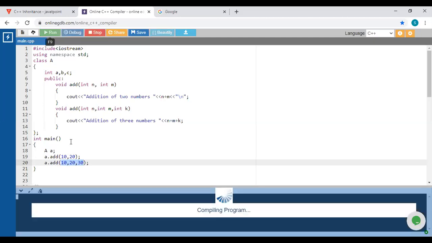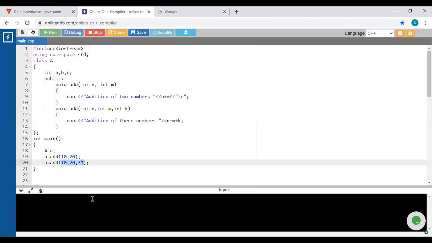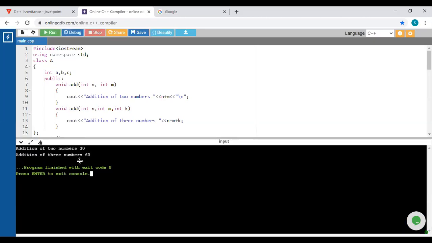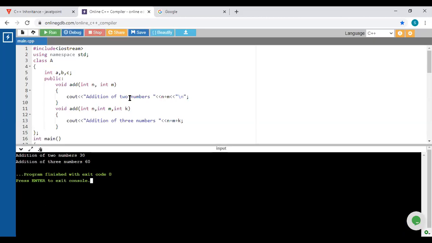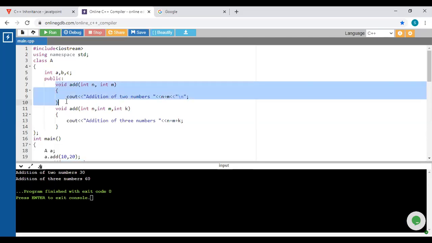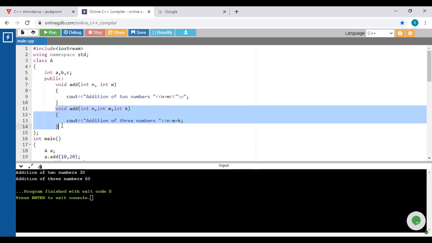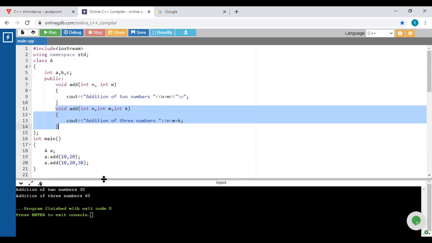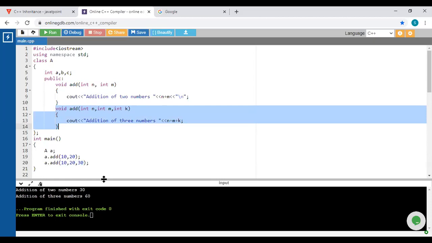So let's execute this code. Look at this: addition of two numbers is 30. This addition belongs to this function, and the addition of three numbers belongs to this other function. This example is function overloading.